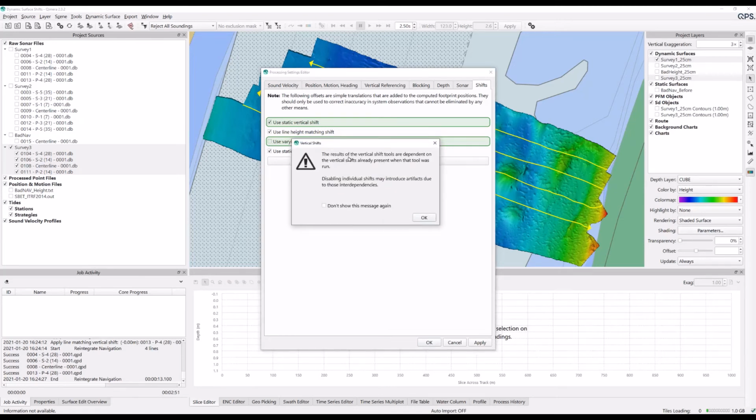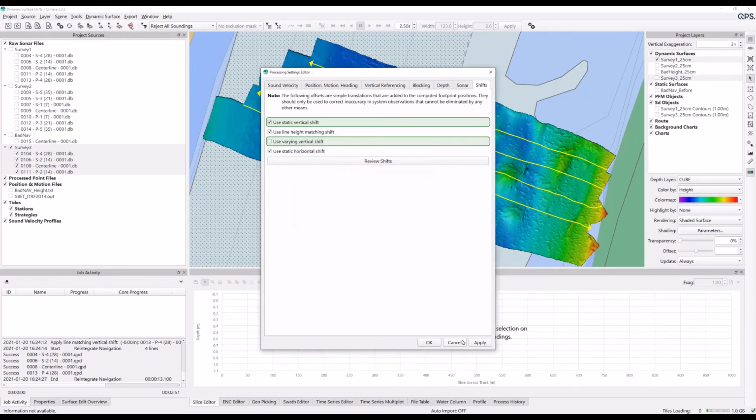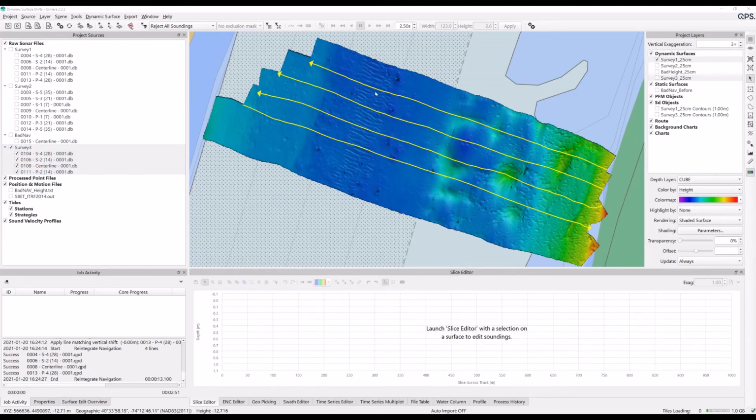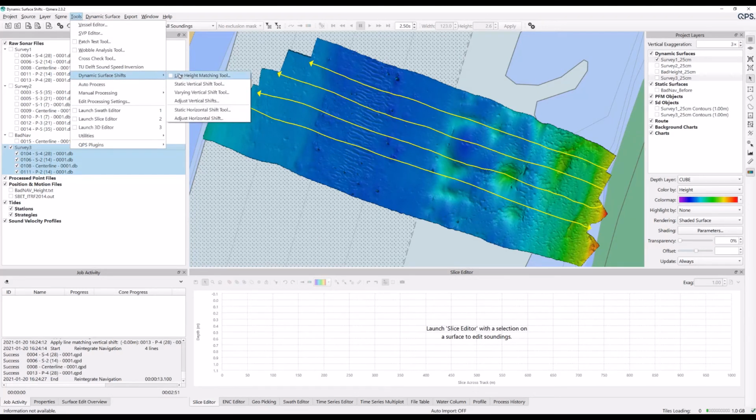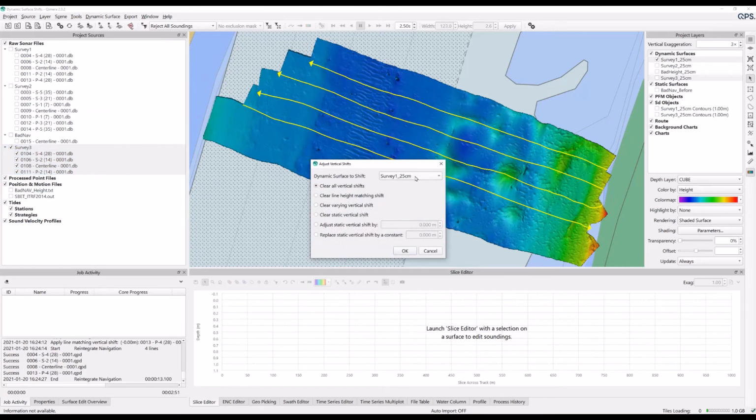You can also clear any of the shifts that you've applied to any lines by going to the Tools drop-down in Dynamic Surface Shifts, and you can either choose Adjust Vertical Shifts or Adjust Horizontal Shifts. So to go into the Vertical Shift window, you'll see that it gives you the option to choose a particular surface or particular lines that you may have highlighted, and then you can choose to clear all shifts or clear